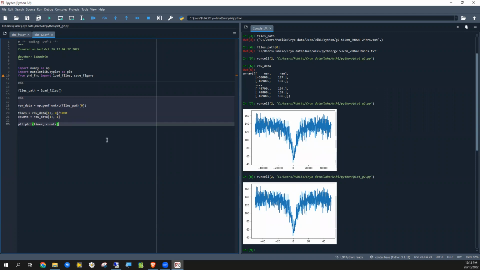And while we're at it, we can put some labels on this figure to make sense of what these numbers represent. So we can label the x-axis as being times with units of nanoseconds. And the label needs to be in a string. So the inverted commas here, the quotation marks define the string. And then similarly,